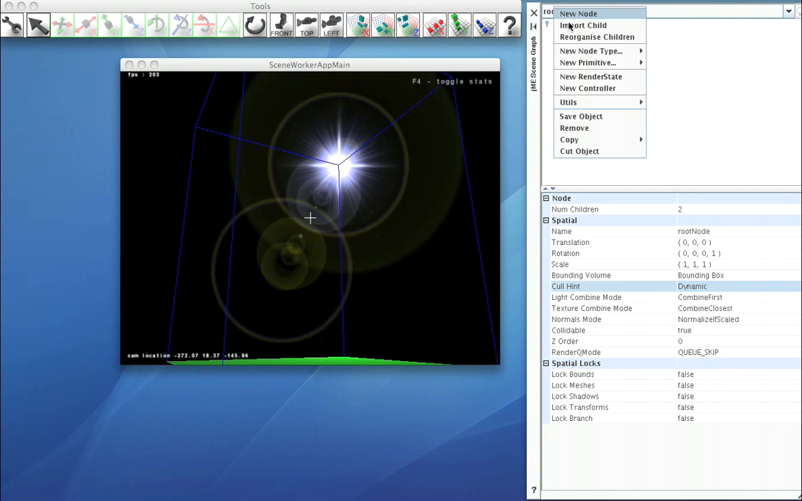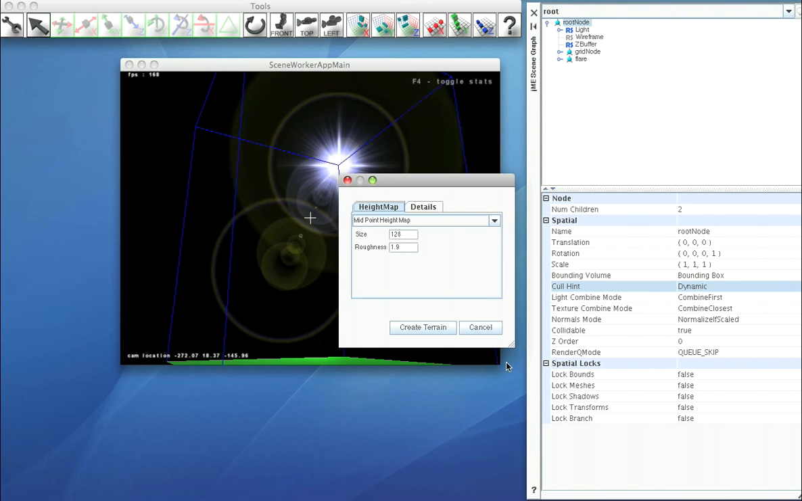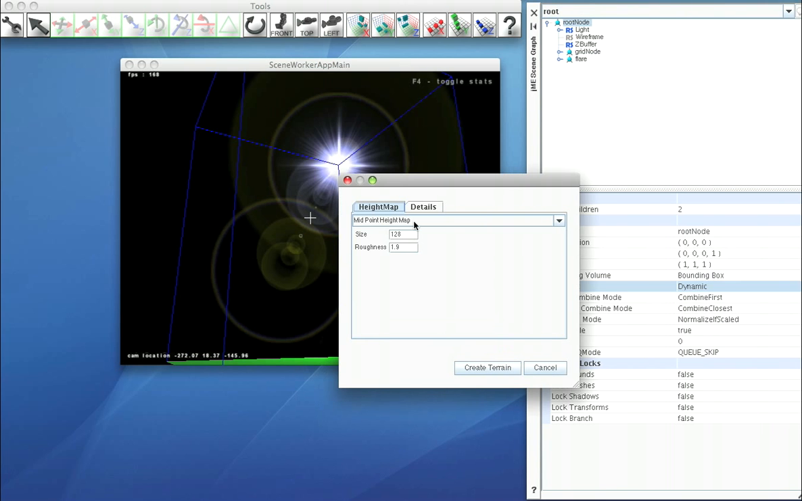So select the root node and click new node type and select add terrain, and we have a number of different terrains that we can add, generated from either a midpoint height map, hill height map, fault fractal, or loaded from an image. So let's just select hill height map with some default values that were taken from the test